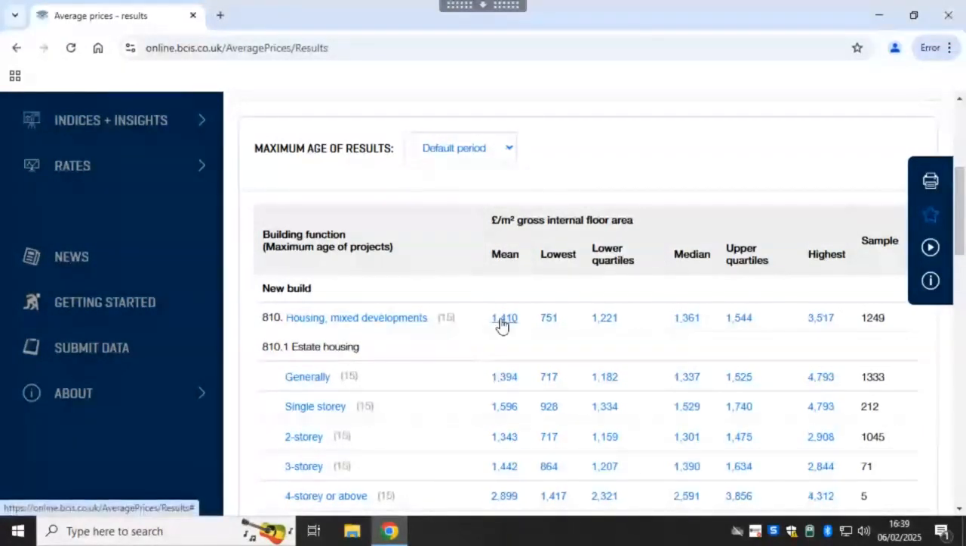And I might say, okay, if the lowest is 751, the highest is this. Actually, I'm tending towards the highest, because what I'm planning to do is likely to be among the top notch, so let me go for a higher rate. But the key thing is, if I pick main, which is the unit rate for this kind of development,